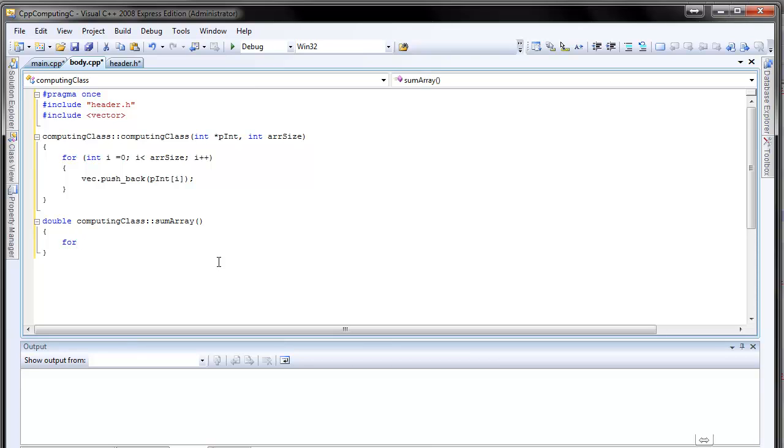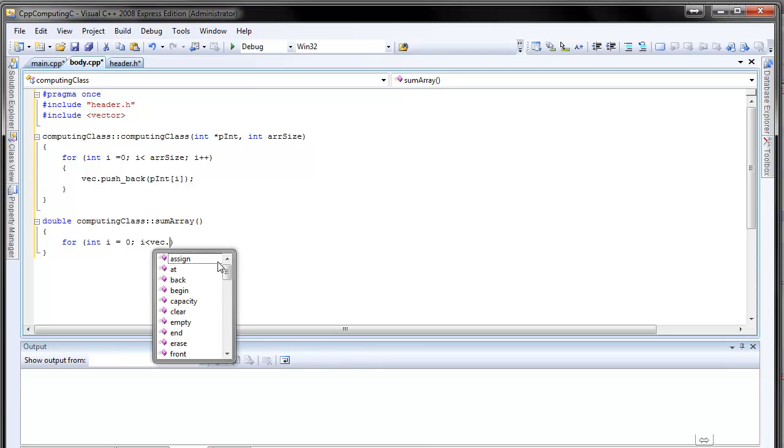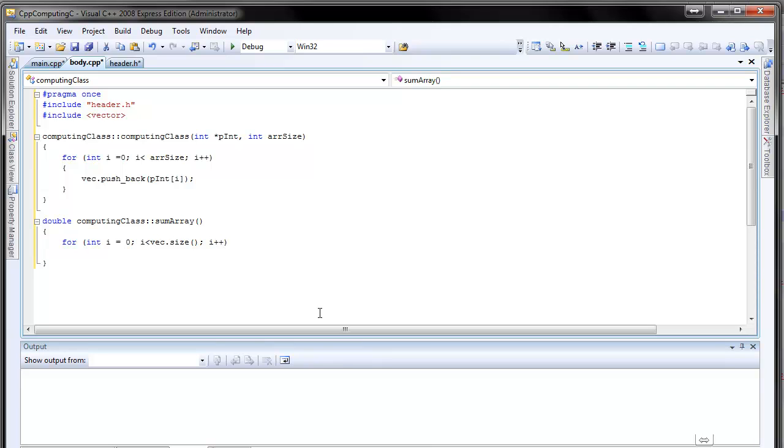We want to sum it, so for integer I equaling 0 and I is less than vector where is the okay, over here, I plus plus like this, and